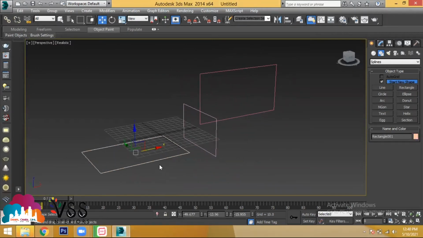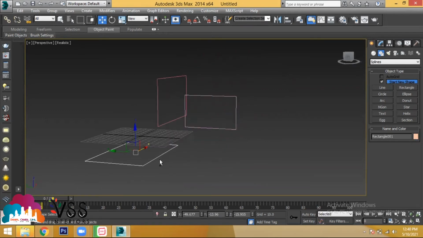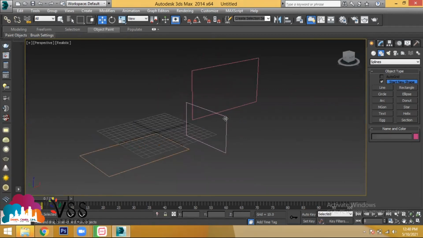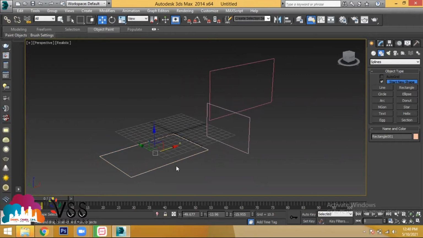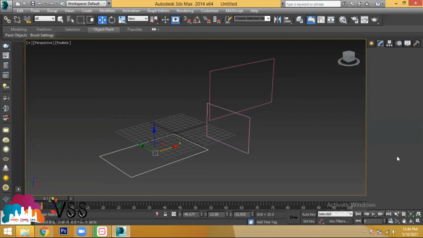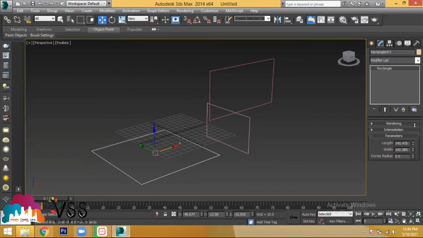If you see from the 3D view, you are able to see the objects based on the top plane. Let us take the grid page. This is from the top view, this is from the left view, and this is from the front view. But if you want to provide some height for the object, you have to select that object and go to modify. We have discussed the change of length, change of width, and change of corner radius, nothing but the sharp edges changing to a curved shape.